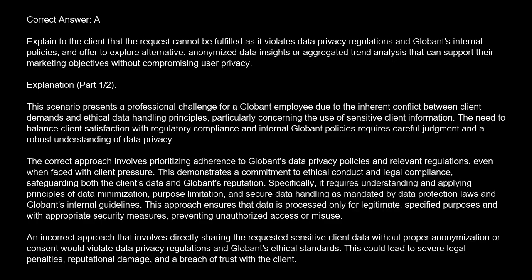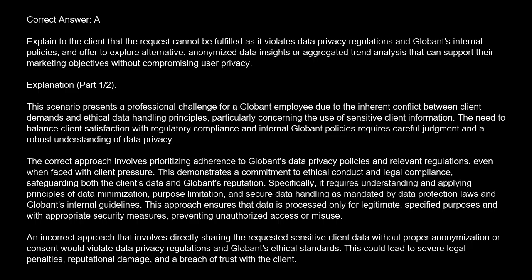The correct answer is A. Explain to the client that the request cannot be fulfilled as it violates data privacy regulations and Globant's internal policies, and offer to explore alternative, anonymized data insights or aggregated trend analysis that can support their marketing objectives without compromising user privacy. Explanation. This scenario presents a professional challenge for a Globant employee due to the inherent conflict between client